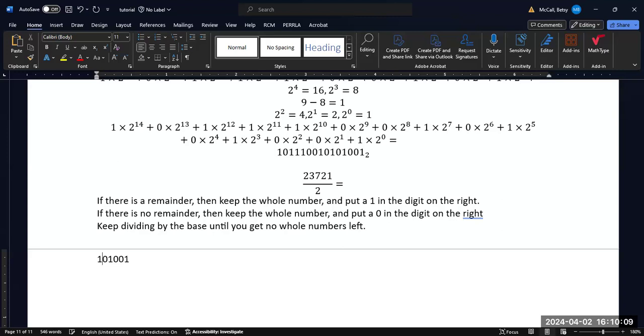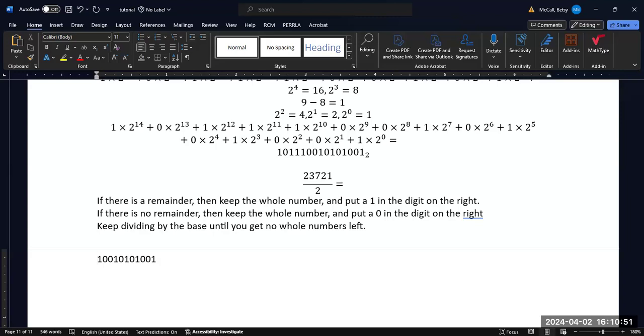So I put a 1 in there, and I subtract off the 0.5, and then I divide again, and I get a 0 because I have a whole number, and I divide again, and now I have a fraction. So I put a 1, and then I subtract off the 0.5, and I divide by 2, and I get a whole number. So I put a 0, I divide by 2 again, I get another whole number. I put a 0, I divide by 2, and I get a decimal, so I put a 1 minus the